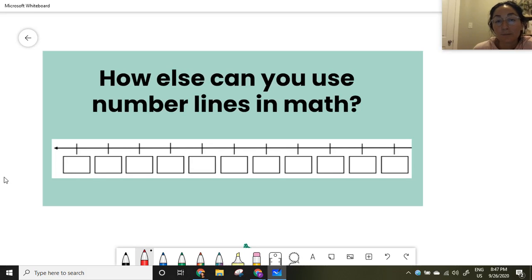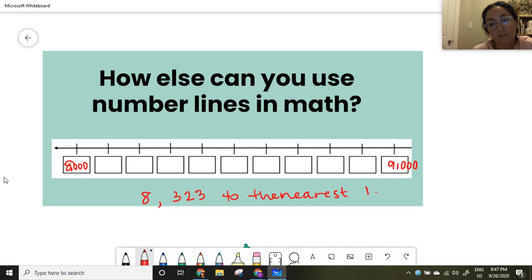I can use a number line to round to the nearest 1,000 also. If this is 8,000 and this is 9,000, then that can help me if I need to round the number 8,323 to the nearest 1,000. So let's see here. This time, since I'm rounding to the nearest 1,000, I'll be looking in the hundreds place, which means that I'm going to be counting by hundreds. So I have 8,000, I have 8,100, 8,200, 8,300,